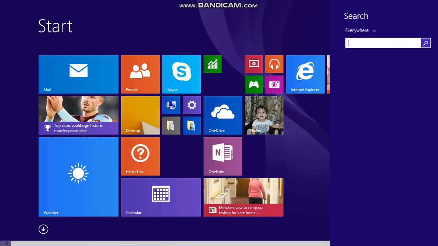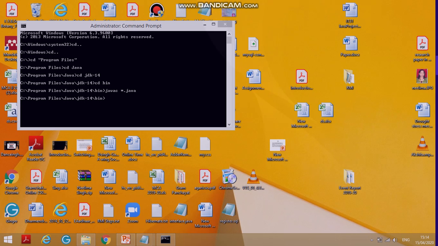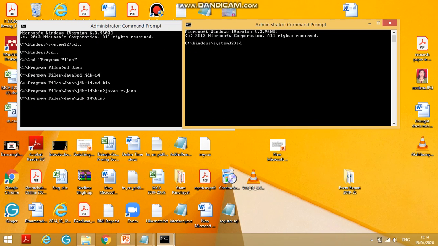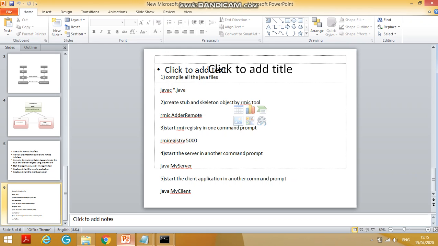Second, we start another cmd, in the same way, going to the JDK bin folder. The second thing required is the RMI tools: start the RMI registry.